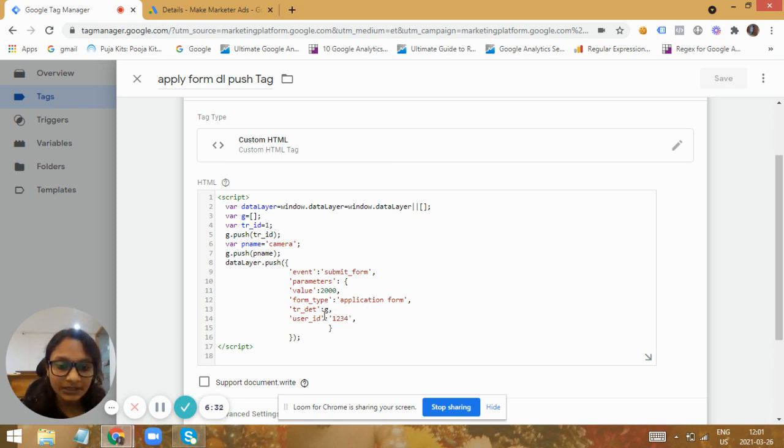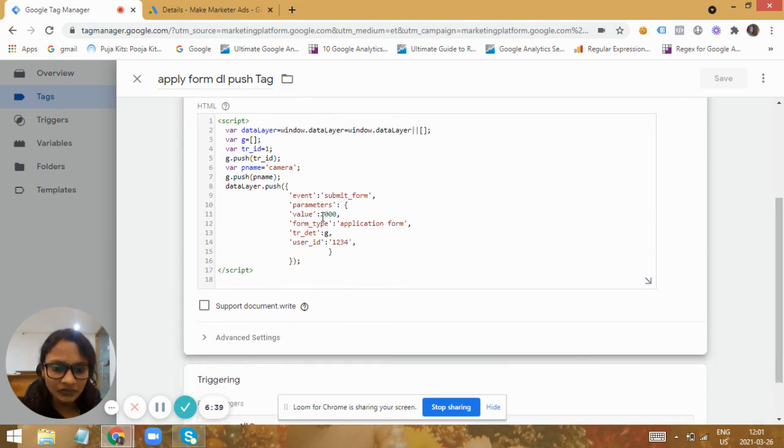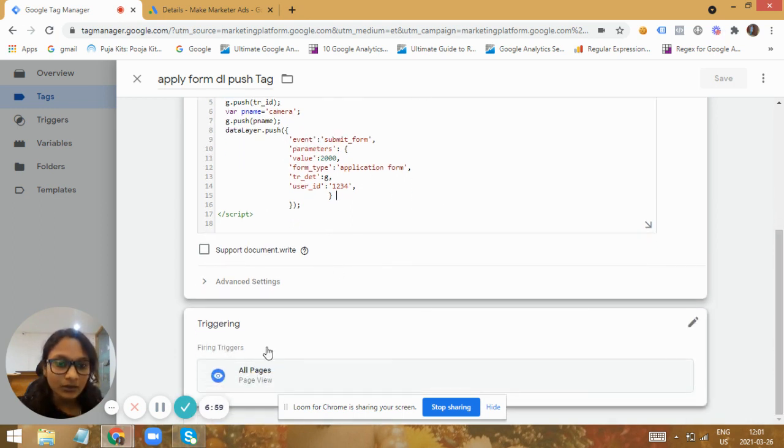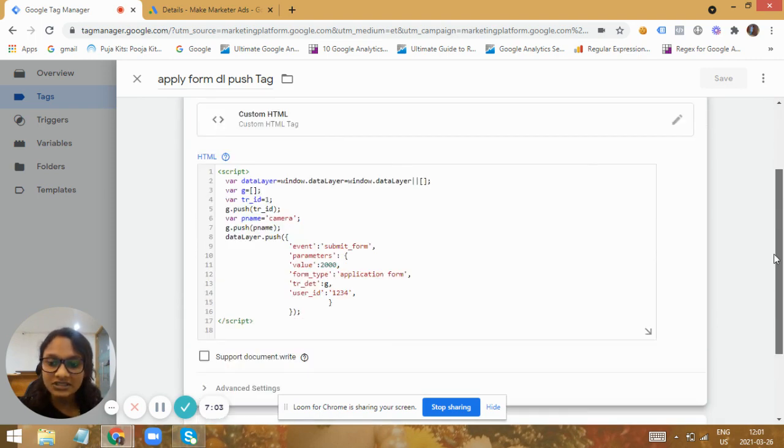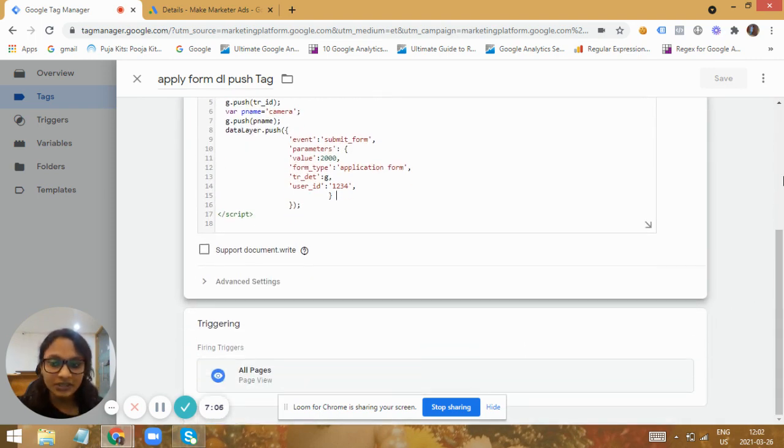So these details I would like to send to Google Ads through the remarketing tag, and then again use this data while creating the audience. So this is the most important thing. We should always send the data in the form of an object. So this is the object that I'm sending. All these properties would be captured by Google Ads, and then these would be available as attributes in order to create the audience. I have sent these details, and this would fire mainly on the application form. I have just mentioned all pages for the meantime. You can just mention the actual thank you page over here.